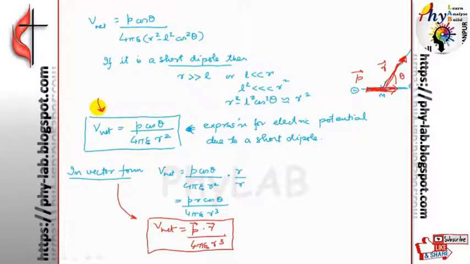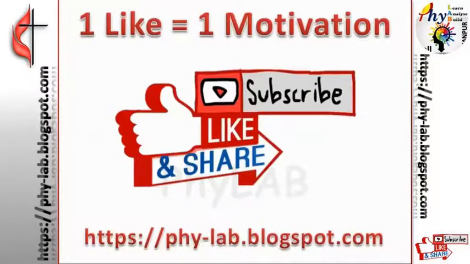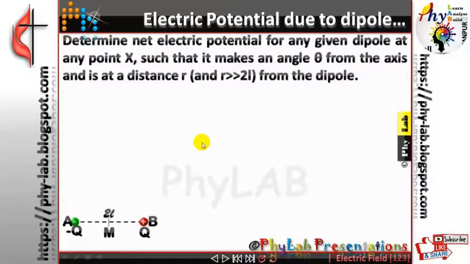So friends, this is the expression for electric potential at any general point due to a dipole. Though the mathematics of this particular derivation is a little complicated, this is what is generally given in most of the books. The method that we just discussed involved mathematical steps, which makes the derivation a little complicated, and students feel difficulty in learning such steps.